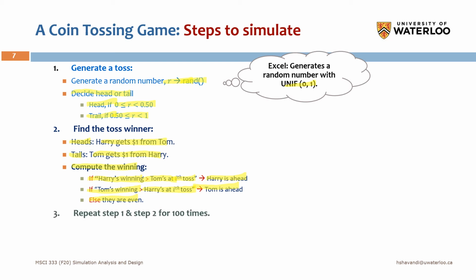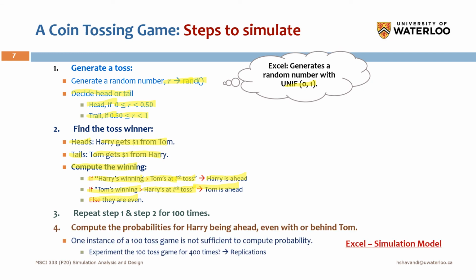And we need to repeat these two steps, 1 and 2, for 100 tosses. This is the game, right? And at the end, we will compute the probabilities for Harry being ahead, even with, or behind Tom. So the question here is: are 100 tosses enough to compute the probabilities? You will see in Excel that by having just 100